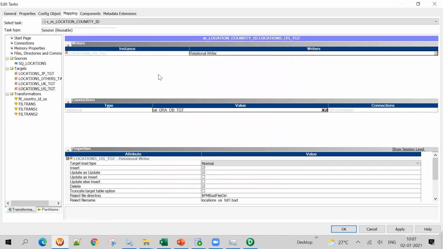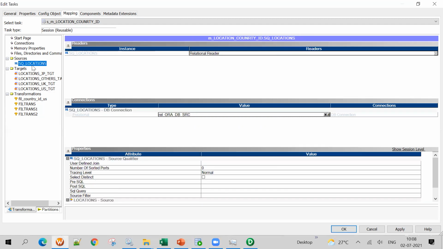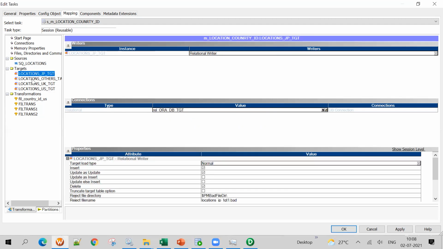One second, please. So now see, one source REL_ORA_DB_SRC, one target, 1, 2, 3, 4, all done.